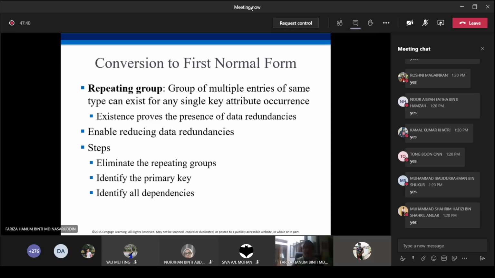Okay, so first normal form, no repeating group. What is a repeating group? A repeating group is a group of multiple entries of the same type that can exist for any single key attribute occurrence. Its existence proves the presence of data redundancy. So basically,